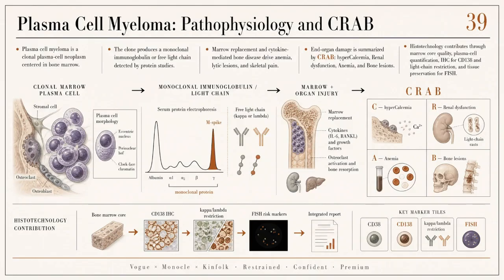Awareness of common pitfalls, like inadequate fixation leading to poor immunostaining or misinterpretation of reactive plasma cells as neoplastic, is crucial for accurate diagnosis. Ultimately, mastery of these concepts enhances diagnostic accuracy and contributes to improved patient outcomes. In the following slide, we will explore peripheral blood findings that may suggest plasma cell myeloma or its leukemic transformation, further expanding our